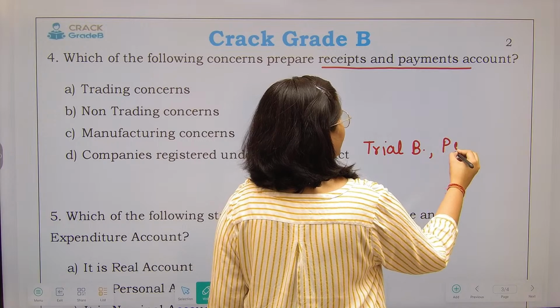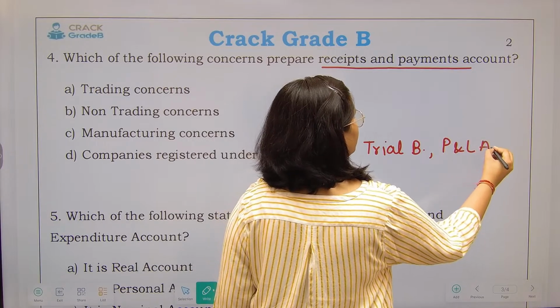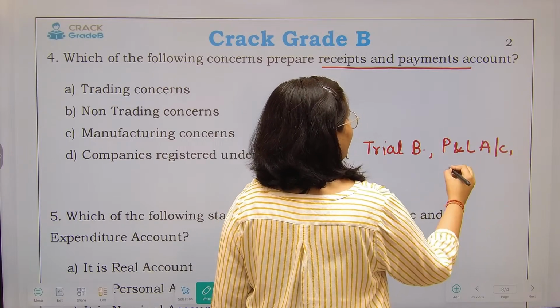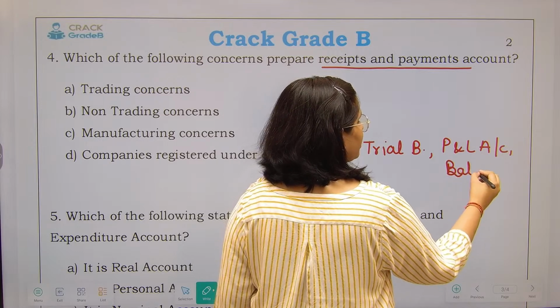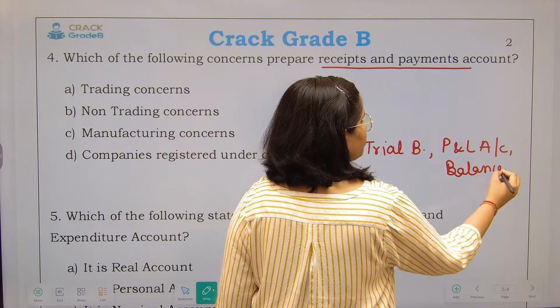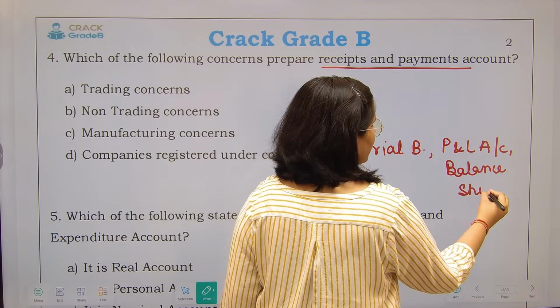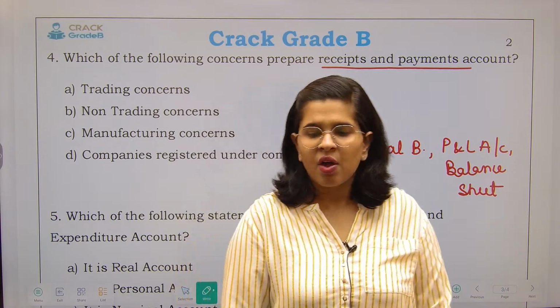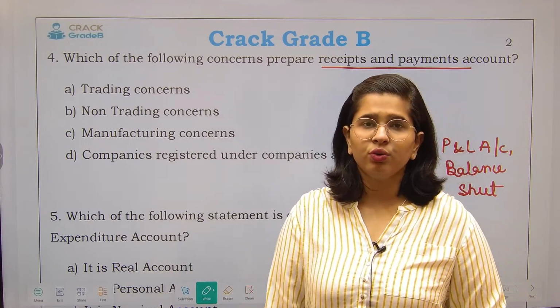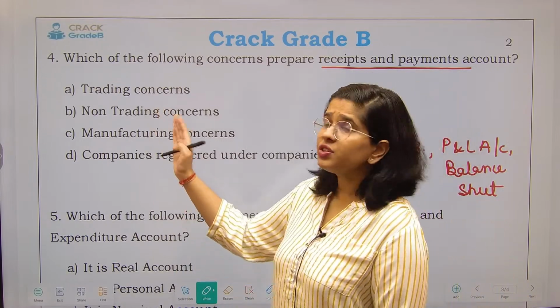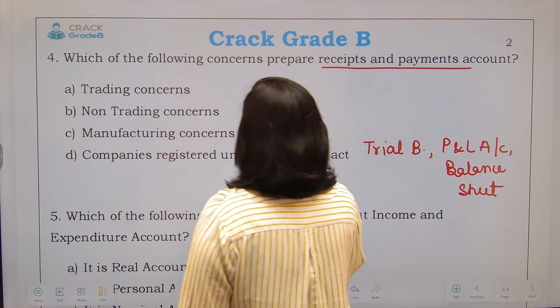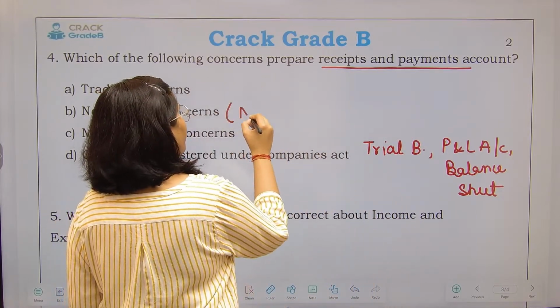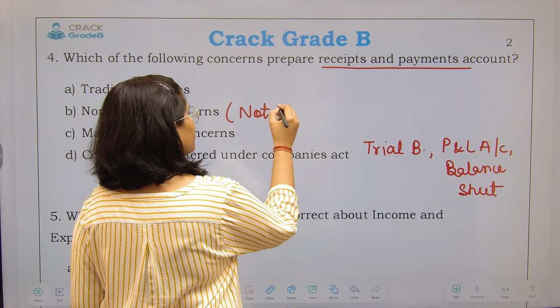Then they prepare the P&L account, right? And after that they prepare the balance sheet. We normally do not hear that receipts and payments accounts are maintained by such trading and manufacturing concerns. Why is that the case? Because these non-trading concerns, or I can also call them not-for-profit concerns,